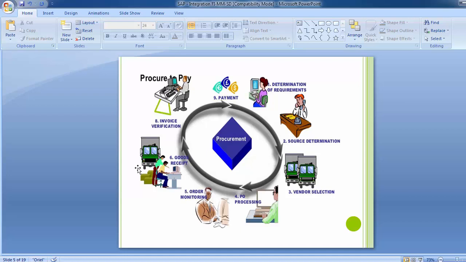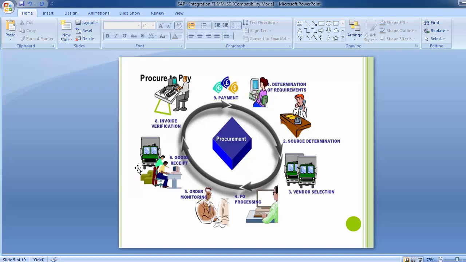The goods receipt has to be with reference to the purchase order, and even the invoice raised by the vendor has to be on the basis of the purchase order. Without the reference of a purchase order, you cannot and should not receive the goods, nor the invoice from the vendor. It is done in this particular part, and once the invoice is received, it is punched into the SAP system.